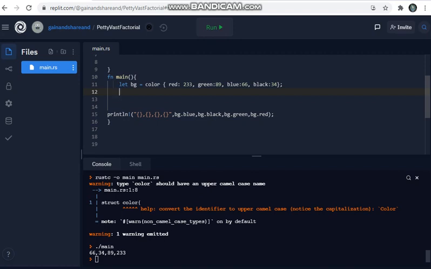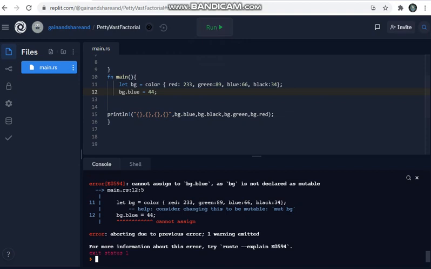I'm going to change the value of blue. That's the value I mentioned. If I click the run button, what happens? We won't get a value, we'll get an error. So here we got an error.